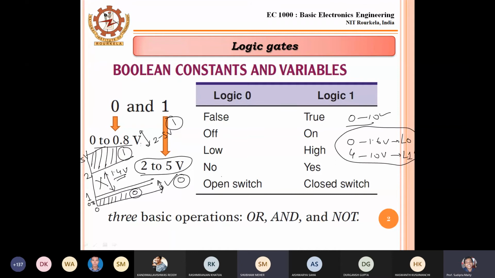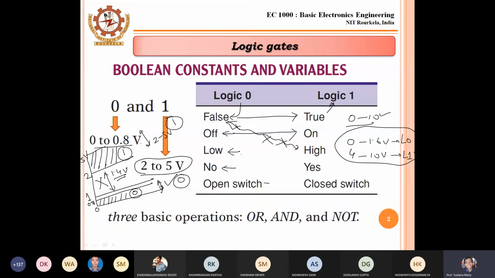Now logic 0 is sometimes also termed as false, off, low, no, or open. But when we use false, we have to use true to denote logic 1. If we use off, we have to use on. We cannot use false and high together; that is not accepted.